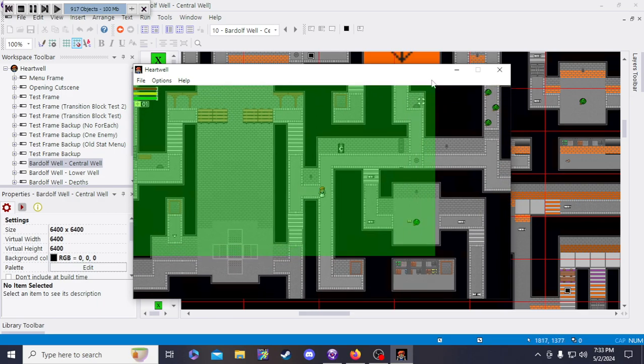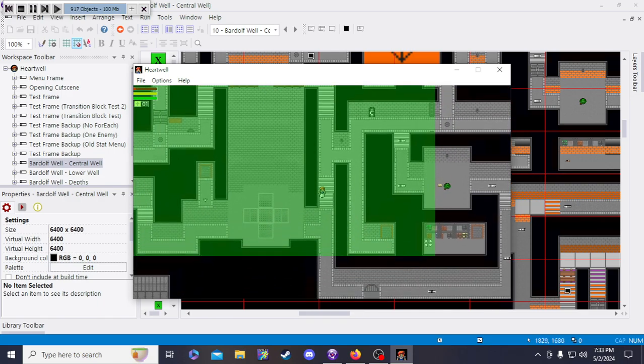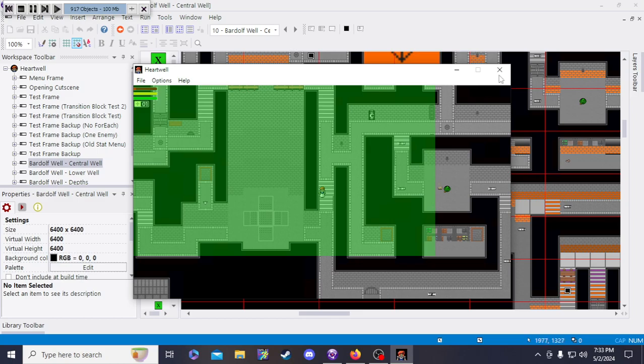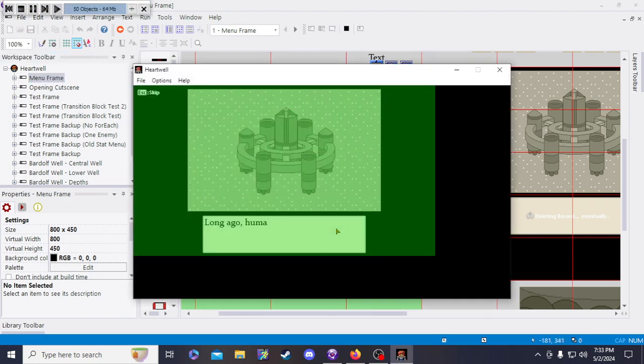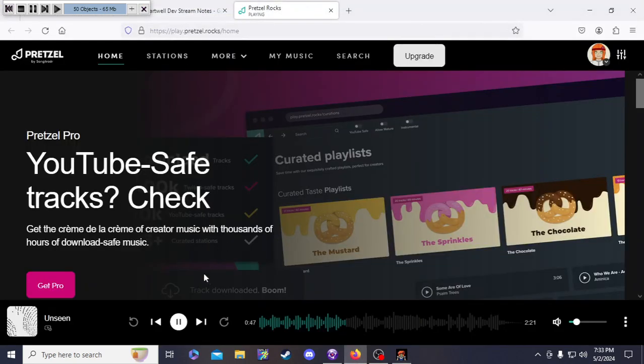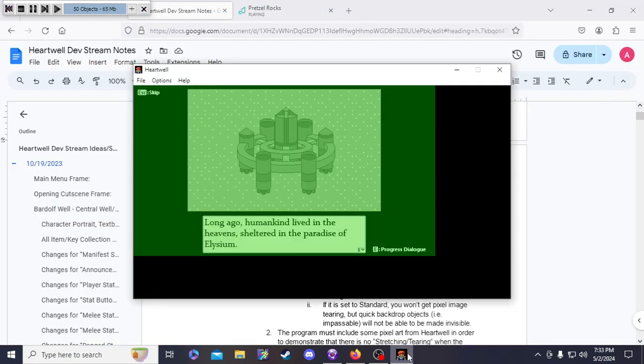Now, when we previously left off, we were working on the stream size rework, and that's where we'll be picking up tonight. So, last time we were working on the main menu. Currently, if we pull open the main menu, it looks kind of like this. So you notice how everything's kind of in the top left. This green box here represents where everything will need to fit within when we shrink down the overall size